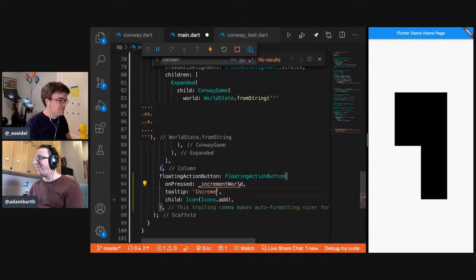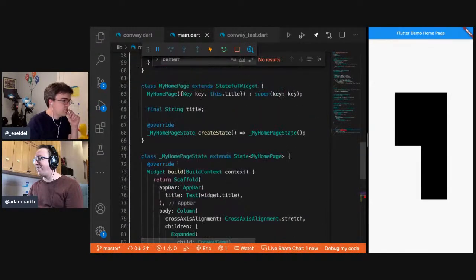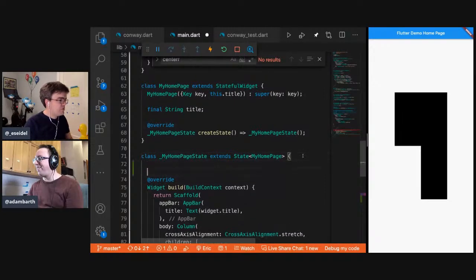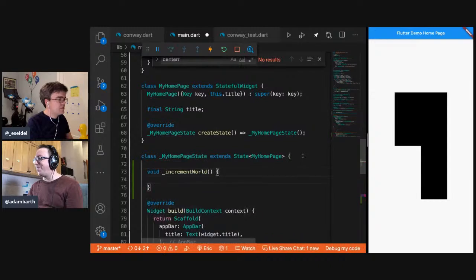So tap next. Probably do that. I'm going to implement increment world up here. Okay, we need to do a couple things. Man, there's so many icons.